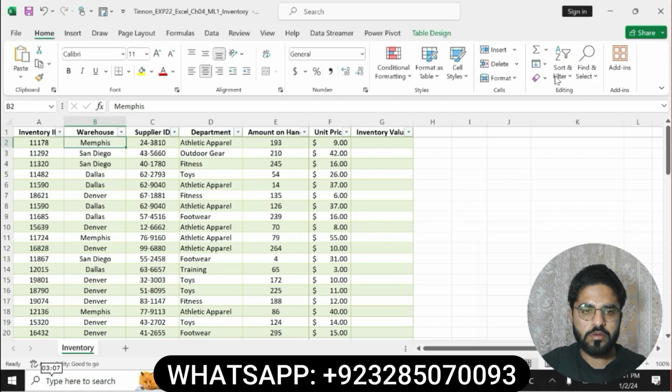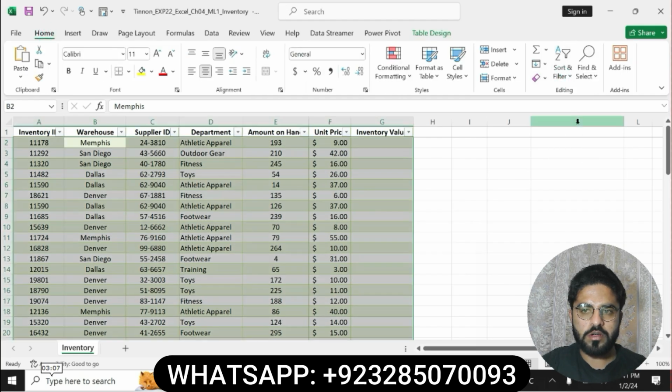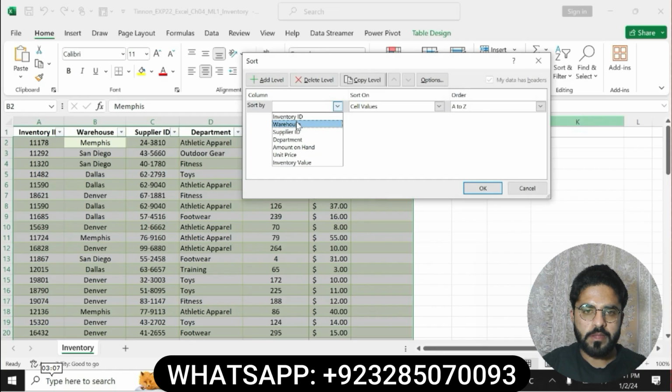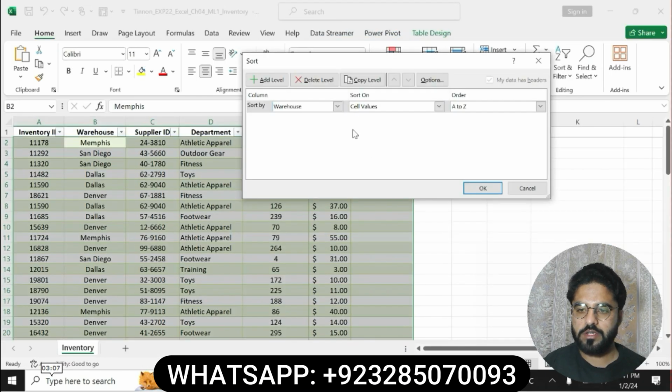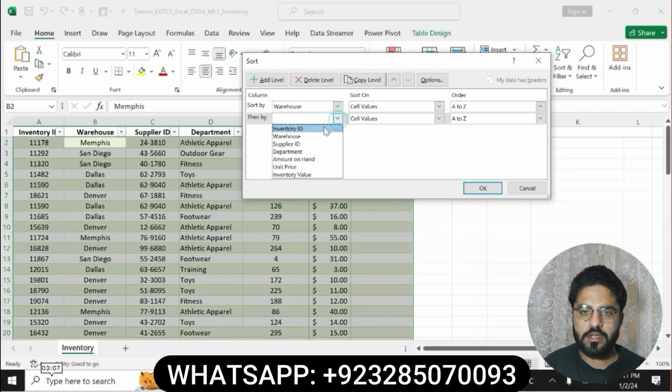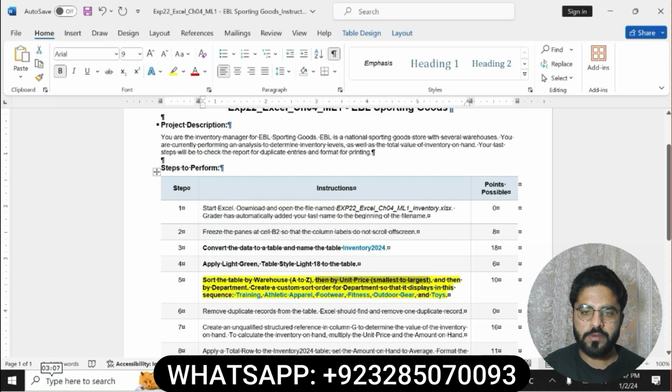Select this, go to the Home tab, then Sort and Filter, and sort Warehouse A to Z, then by Unit Price smallest to largest, then Unit Price at the second level, smallest to largest. And then by Department, create a custom sort order for Department so that it displays this sequence. Basically you will have to create a custom sort